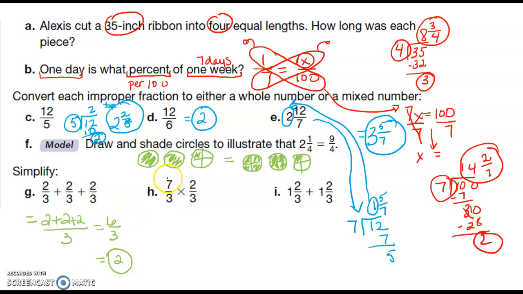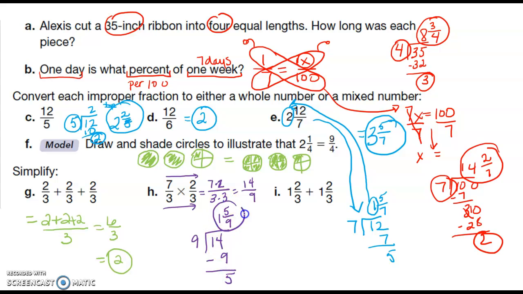All right, so with multiplication, I multiply across the top and I multiply across the bottom. So I have 7 times 2 over 3 times 3, which is 14 over 9. Let's go ahead and do our division to find out what our mixed number is. 9 goes into 14, not even twice, so once, with 5 left over. So I'm going to put the 5 over the 9, and this is my